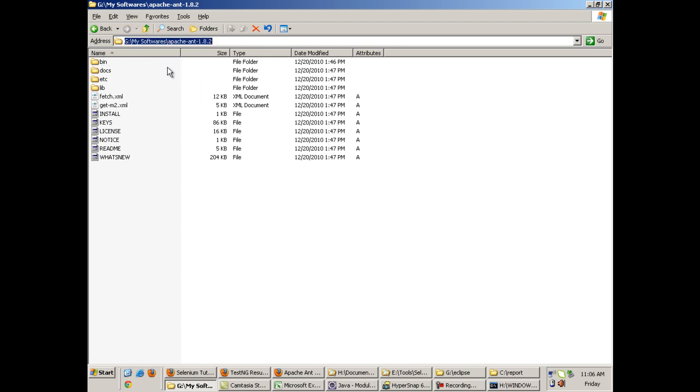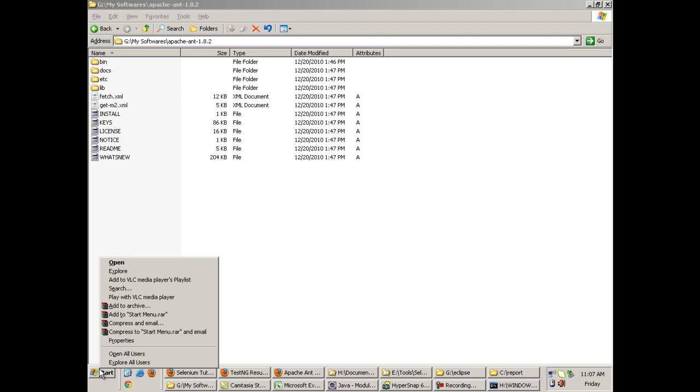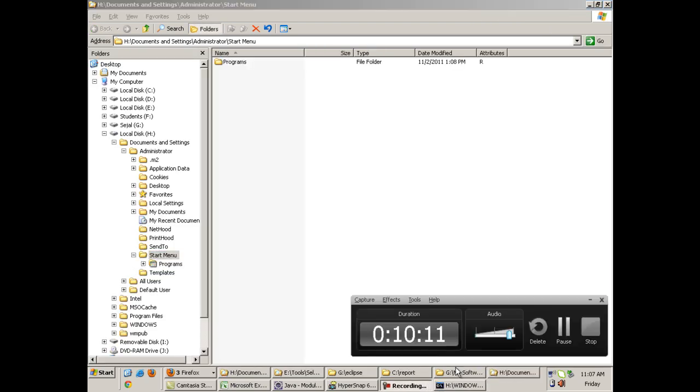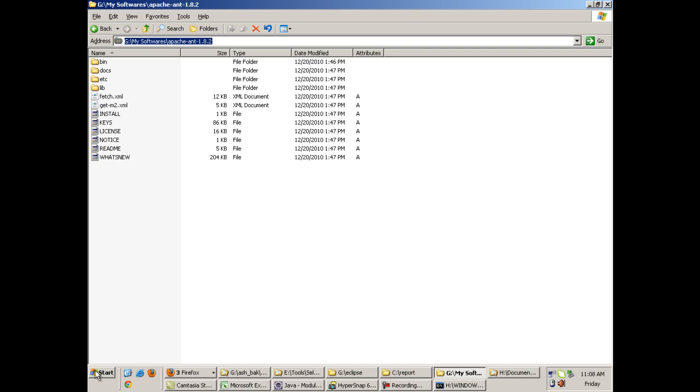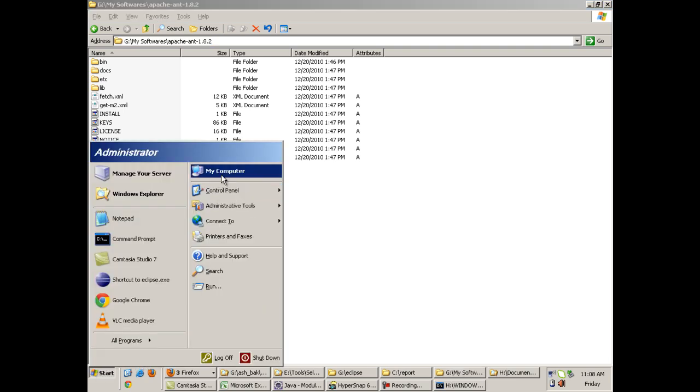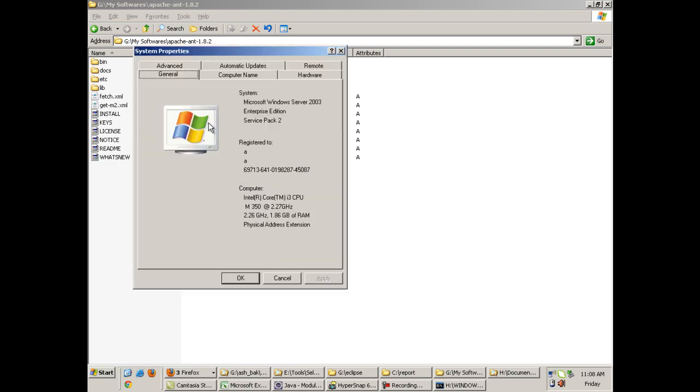Once you have copied the path of this folder, you go to My Computer, click on Properties, and you will get a window like this.